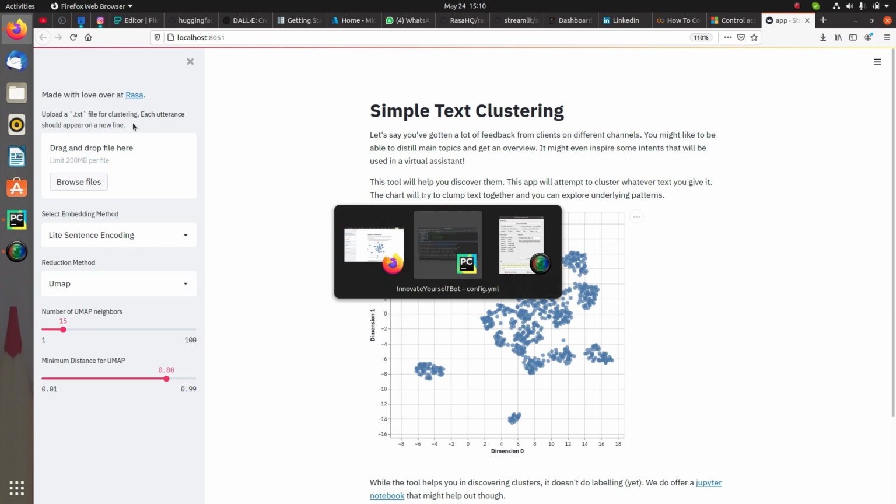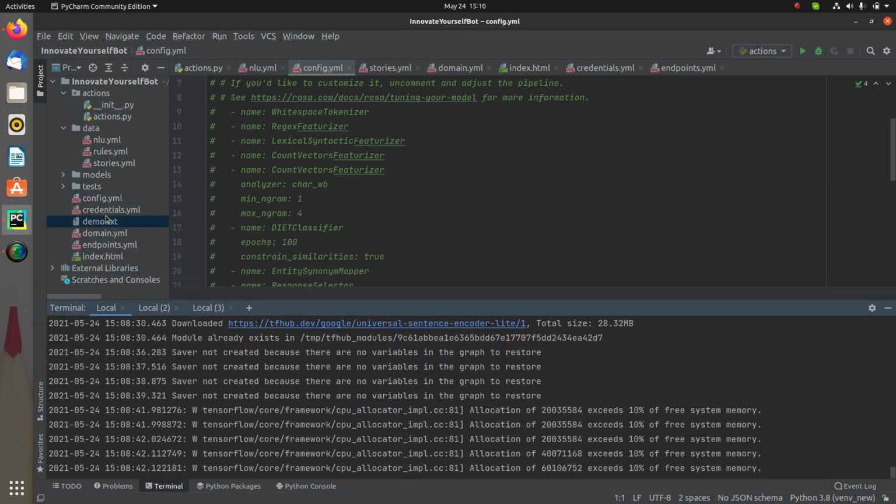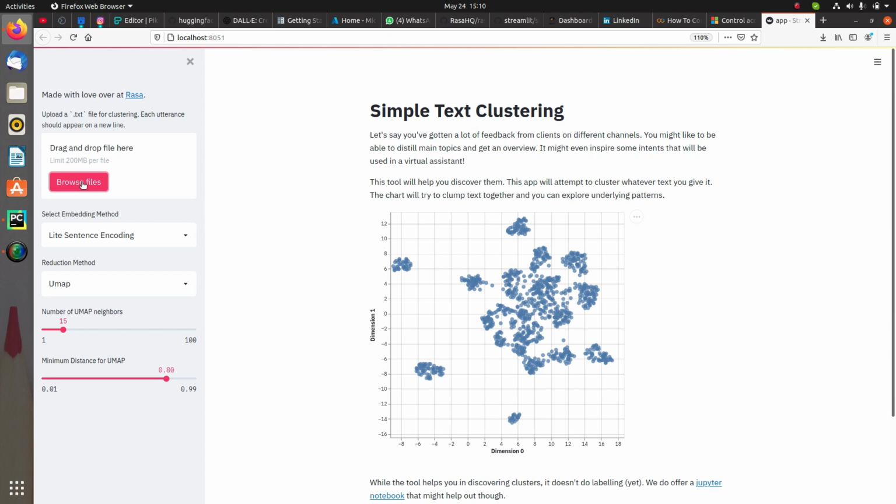So right now what I'm going to do is create a new file, or let's say I have a sample file over here. In here, currently I'm simply writing some text, let's say utter names. It will not use the utter names, or let's say it will not use the text for those utterances, so it is just like normal sample data. When I use this, let me show you how it is going to work.